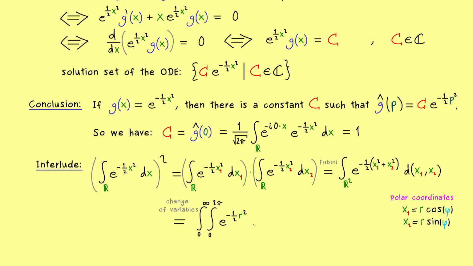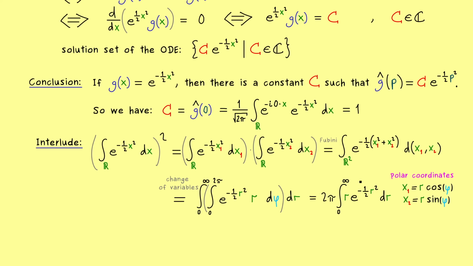And please don't forget, the change of variables formula also has the Jacobian determinant involved, and for the polar coordinates this one is simply given by r. Which also means that phi is not involved at all, so the integration with respect to phi is quite simple. We just get the factor 2 pi and we only have to integrate with respect to r. And this one is not a problem anymore, because now we have the factor r in front, which is exactly